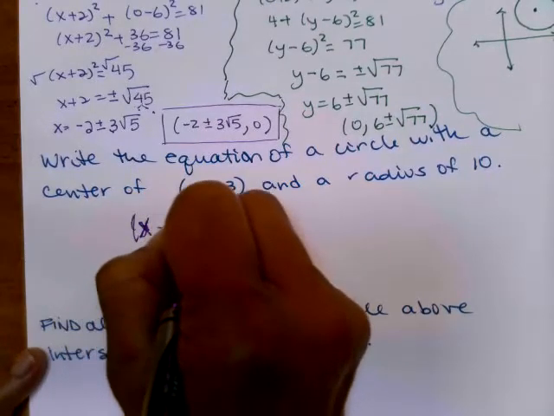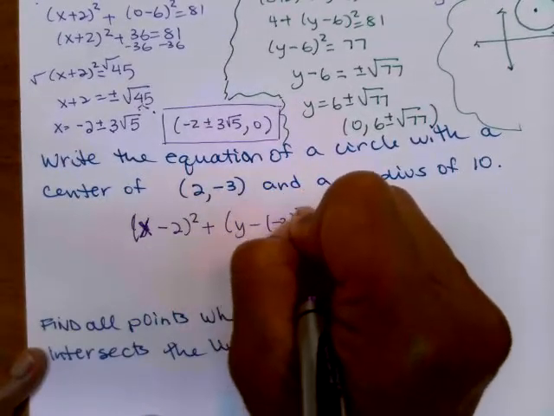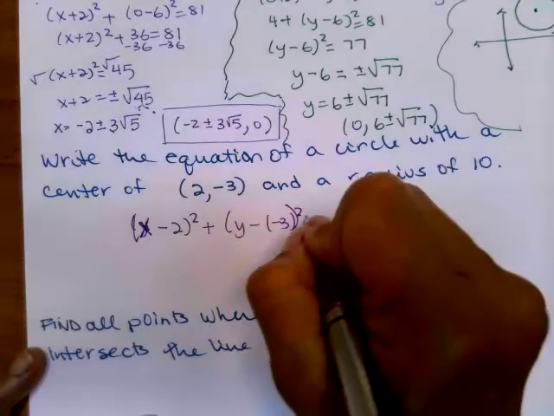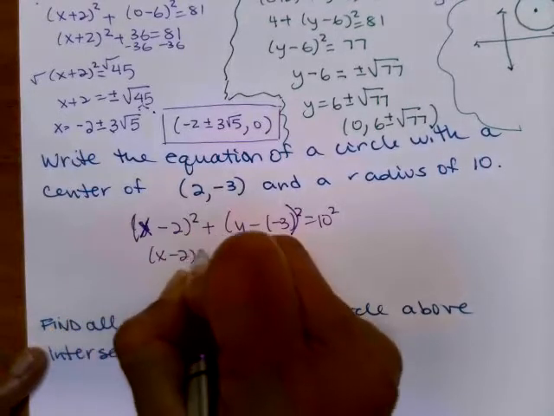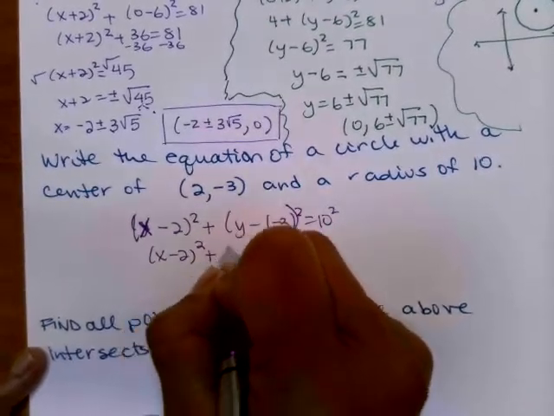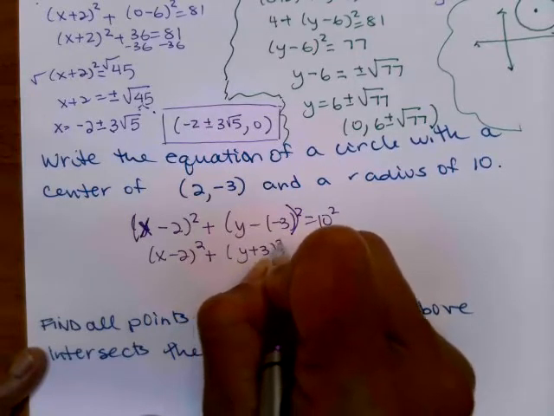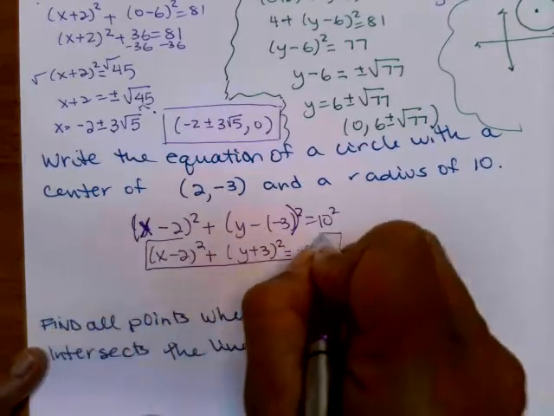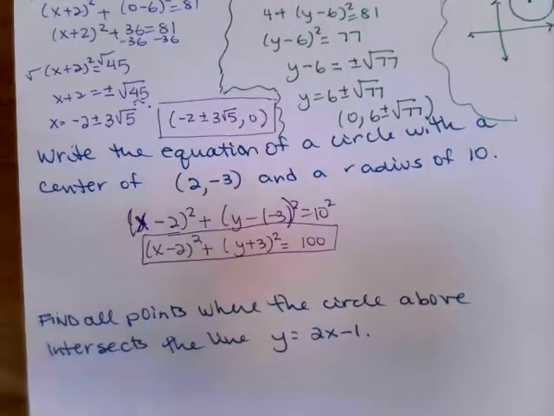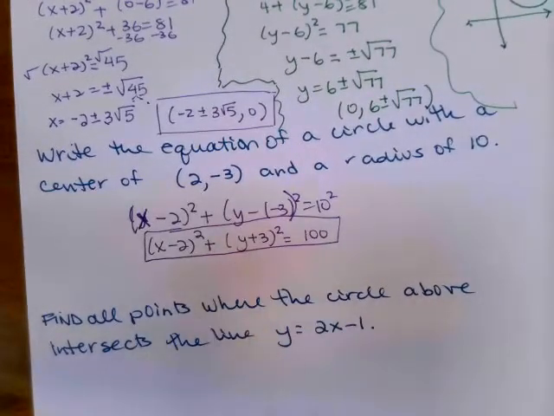(x − 2)² + (y − (−3))² = 10². So I'll just write it a little bit neater here: (x − 2)² + (y + 3)² = 100. All right, now find all points where the circle above, the one we just wrote, intersects the line y